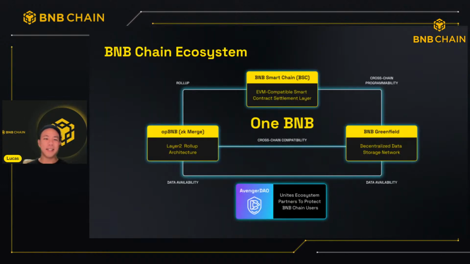So, what exactly is the BNB Chain ecosystem? There are three main components that I want to highlight for today's presentation. First would be our BNB Smart Chain, which is our DeFi hub, our layer one. And we also offer a layer two, opBNB, which some of you might already have known. It is our scaling solution to help you meet your business needs with higher transaction speeds. Third, we have BNB Greenfield, which is our decentralized data storage network. It is a decentralized data storage solution, and I'll show you how all these three can come together to help